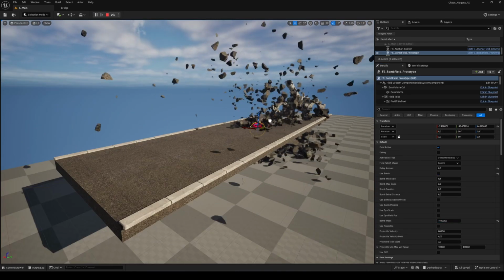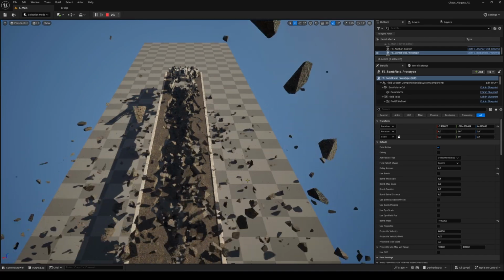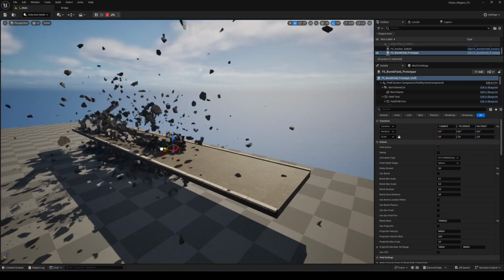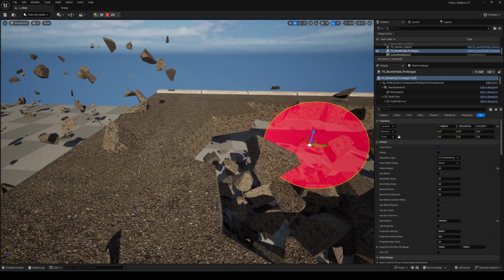As you can see, the broken blocks here still look pretty sharp and rough. It's not quite realistic yet. A super cool feature available in Fracture mode is the embed geometry. With this, we can parent additional props and debris to each cluster in our Geo collection. It's fairly easy to set up, and it can add a lot to your simulation.